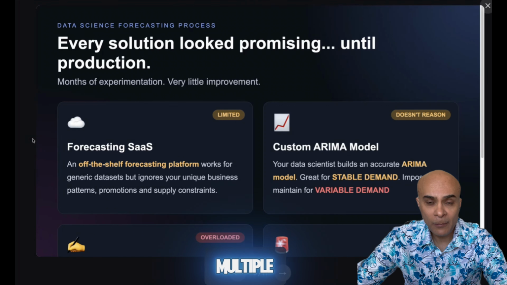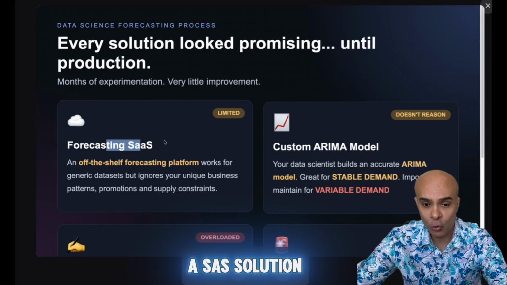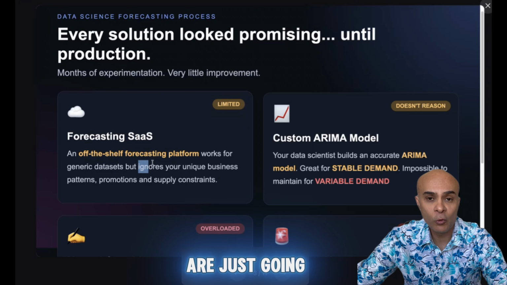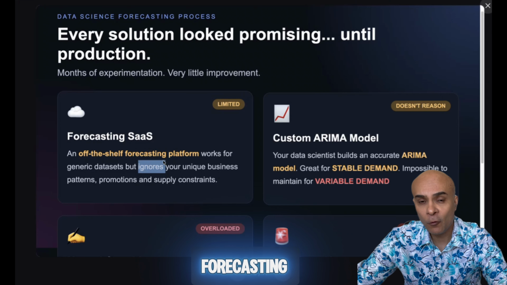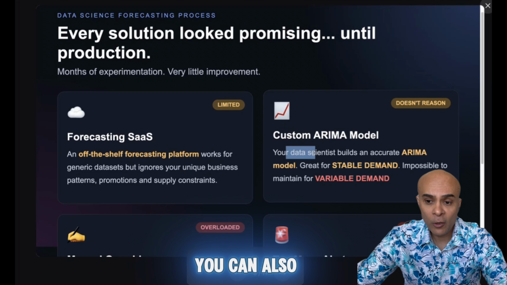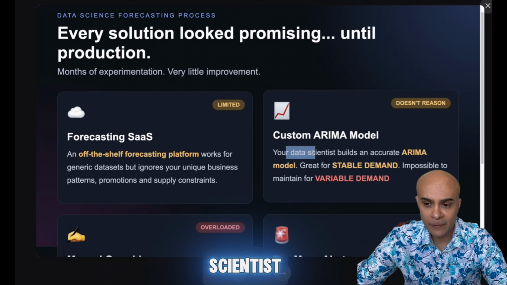There are multiple solutions to this. First of all, Maria can go for a forecasting SaaS solution. The problem is that all these off-the-shelf forecasting platforms work on generic forecasting algorithms, but they are not going to take into account your unique business patterns. You can also have a custom model built by your data scientist.